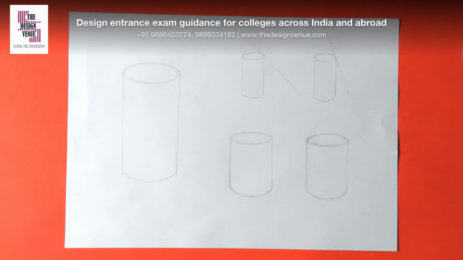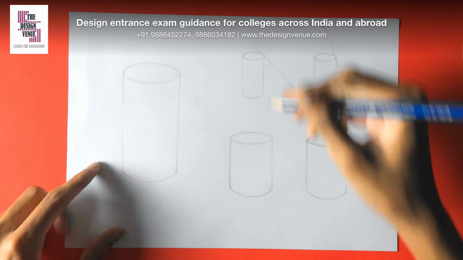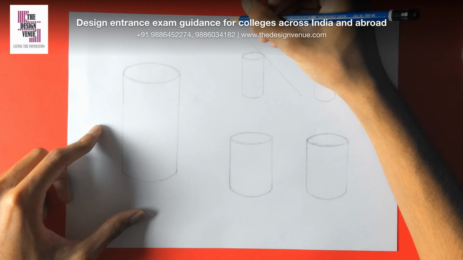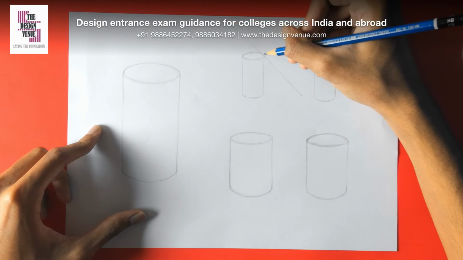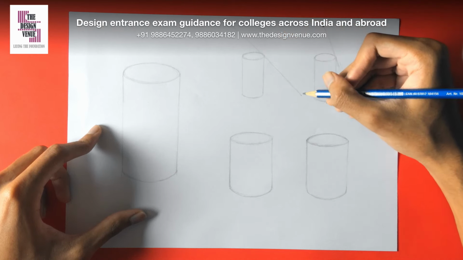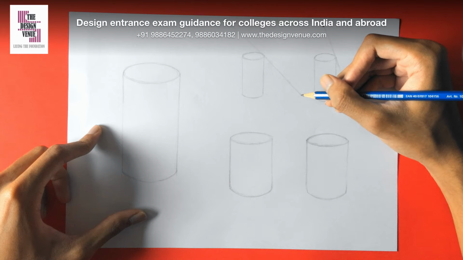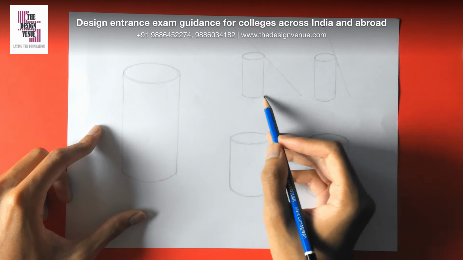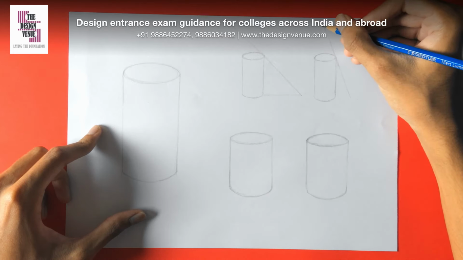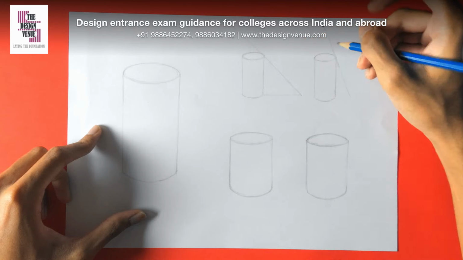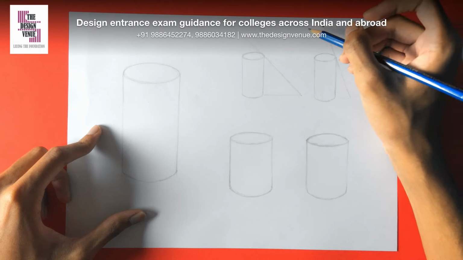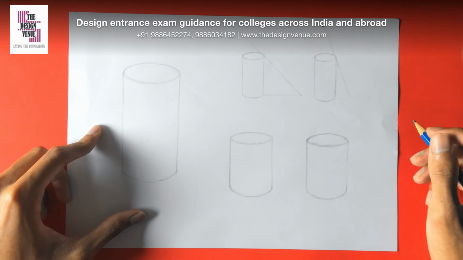Let's see how the shadows interact with the position of the light. One way you could determine the length of the shadow is, let's say you plot the light source to be here, all you have to do is draw a line which connects the light source to the farthermost edge of the object itself, and extend it till the baseline. That would give you the approximate length of the shadow that you'll be working with. In that sense, if the light source is directly above or closer to the object, the shadow will be shorter. And the farther the light source is from the object, the longer the shadow will be.